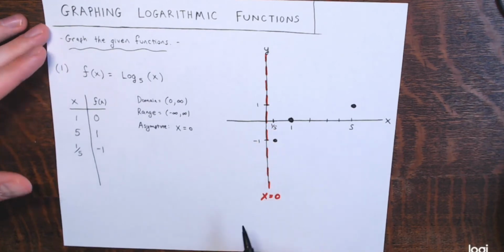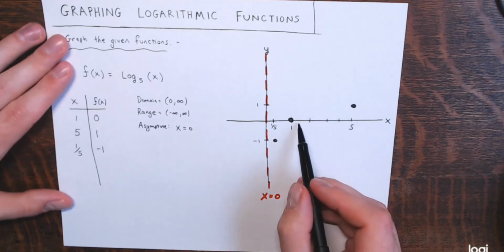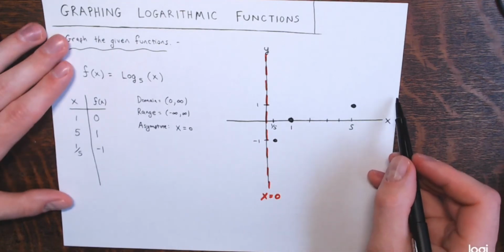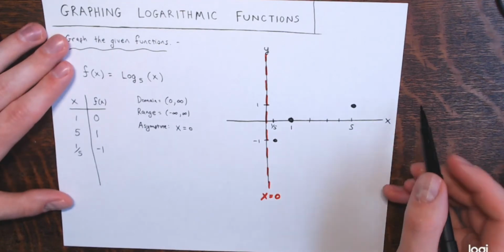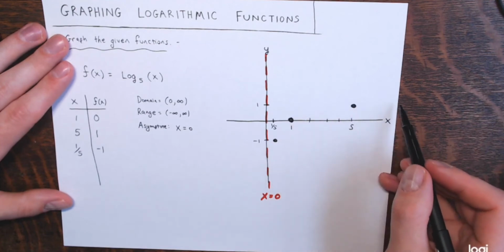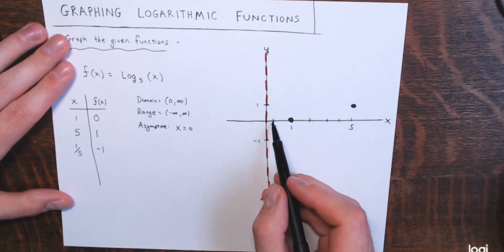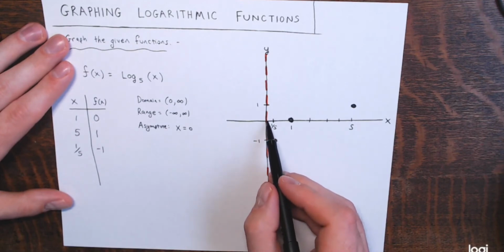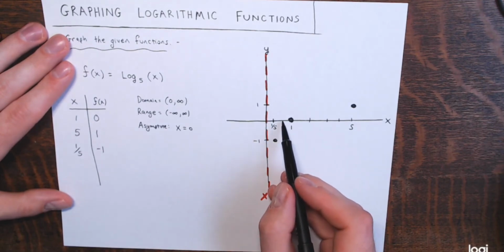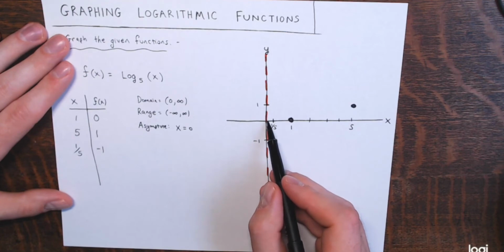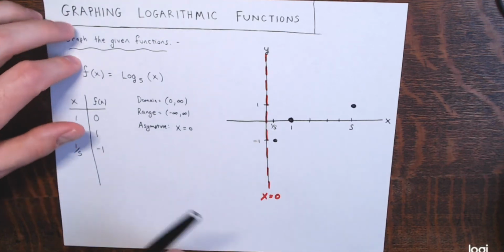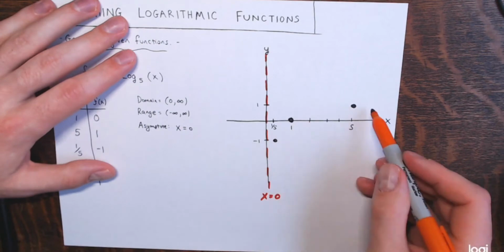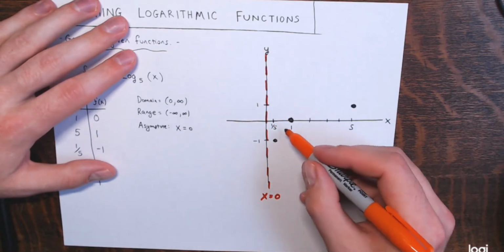And what you're going to notice is that if I plug in 25, I'll get 2, and plug in 125, I'll get 3. So it's very slowly increasing. And then you plug in 1/25, you'd get -2, and then 1/125, you get -3. The closer to 0 I get on the right side here, the bigger negative, the lower the output gets. But having a few points in and the asymptote should be enough to make a rough sketch of the graph,